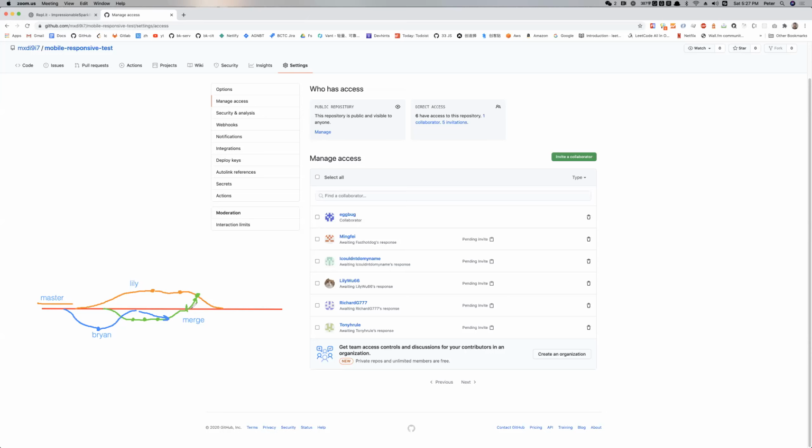Okay, so Lily only has to merge in with Tony's update. Lily doesn't need to care about Brian's update, because Brian's update must have been absorbed by the Tony branch, or else Tony wouldn't be able to push. Okay, any questions about how this works?